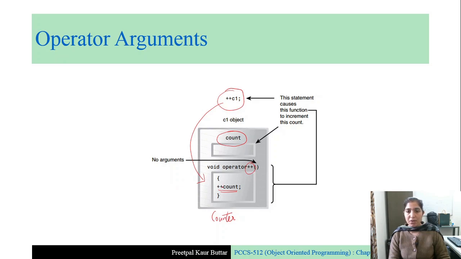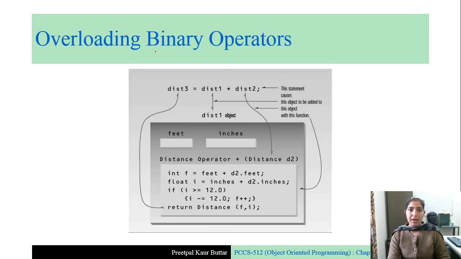And this function operates because it sees the data type of c1. c1's data type is not the predefined data type, it is the user defined data type. So instead of calling the built-in plus plus function, it will call the user defined function operator plus plus. It will be called, and here what are we doing? We will increment the count variable, okay. And this has also been seen by us.